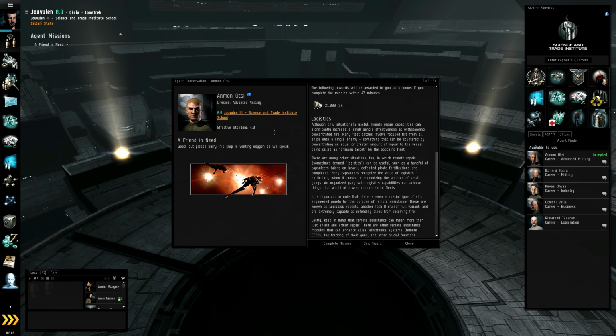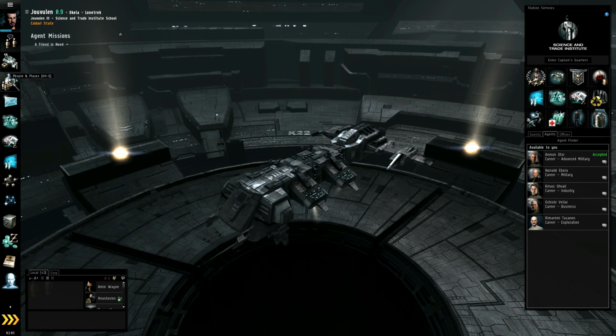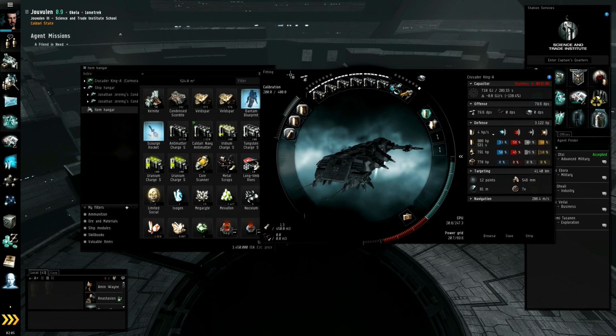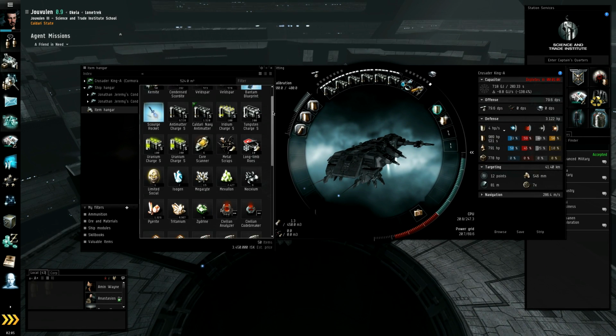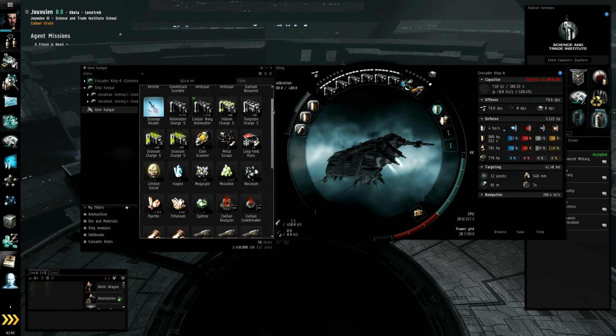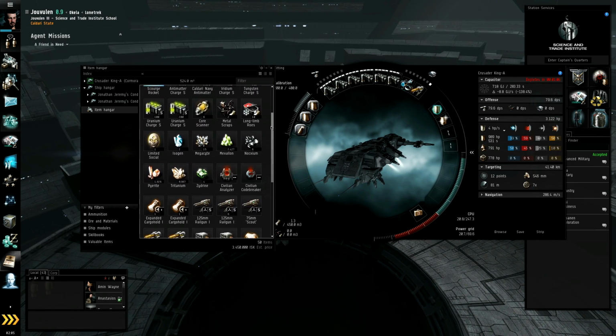His ship is venting oxygen as we speak, and thus we shall hurry. Let's go to our inventory and go to our fittings here. We'll find out what exactly the civilian thingamabob that I've already forgotten the name of needs. As soon as I find it in my